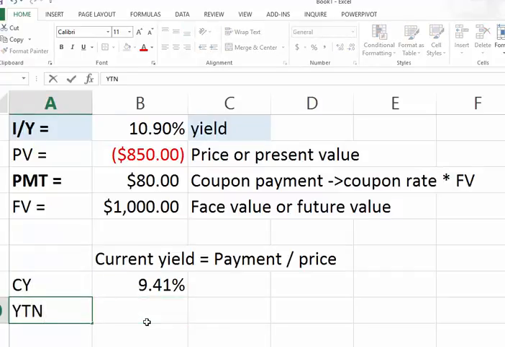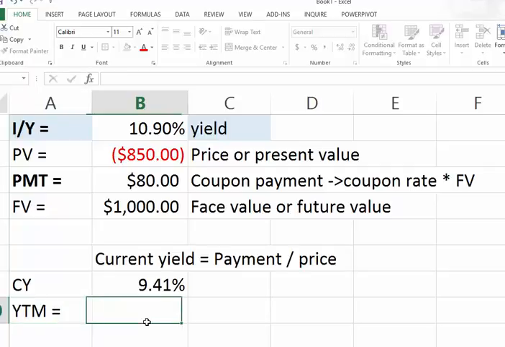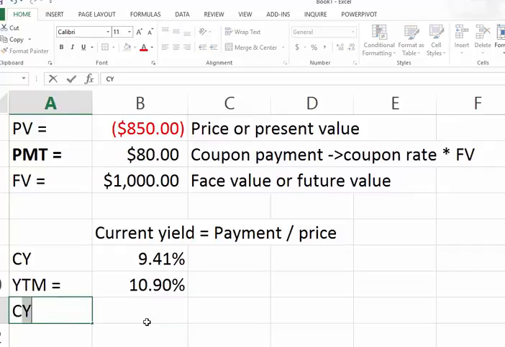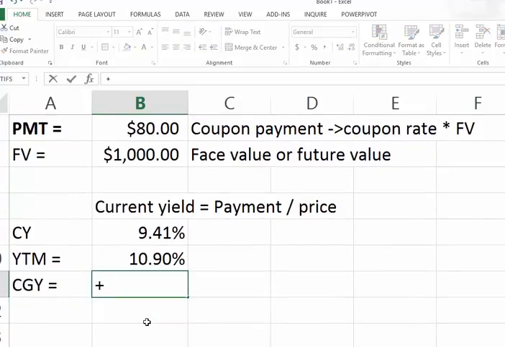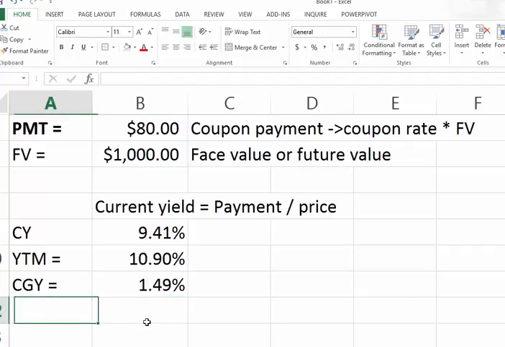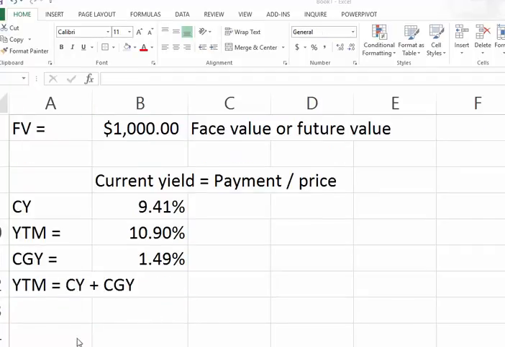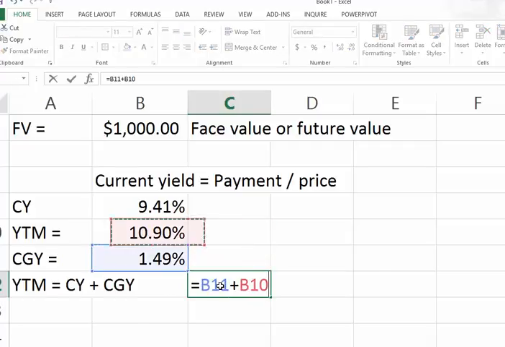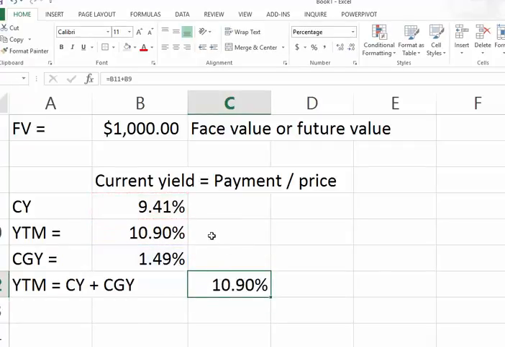The yield to maturity for this bond is the 10.90 that we just found. And then what's the capital gains yield? The capital gains yield is just the difference between the current yield and the yield to maturity. So we do this minus this, and that's the capital gains yield. In other words, what we find is the current yield plus the capital gains yield equals the yield to maturity. In our case, if we add this plus this, we find the 10.90 of our yield to maturity,